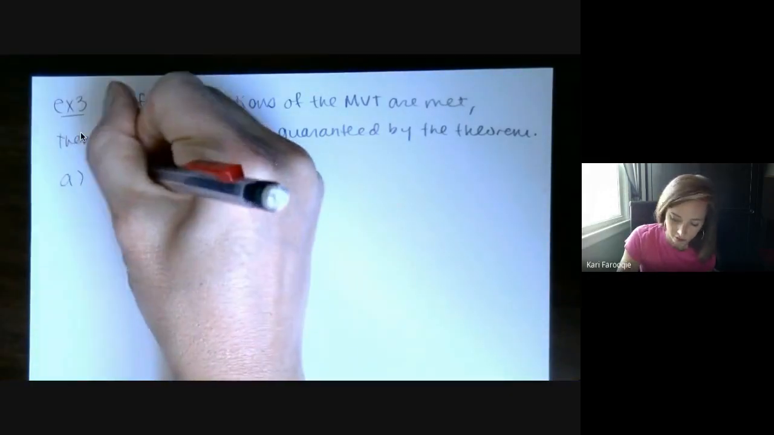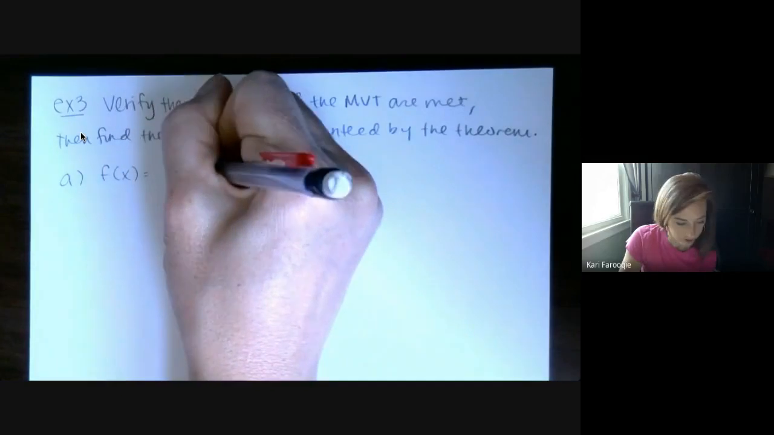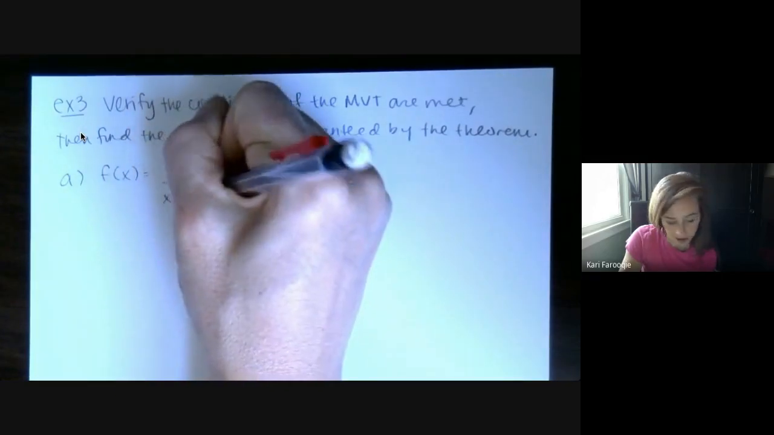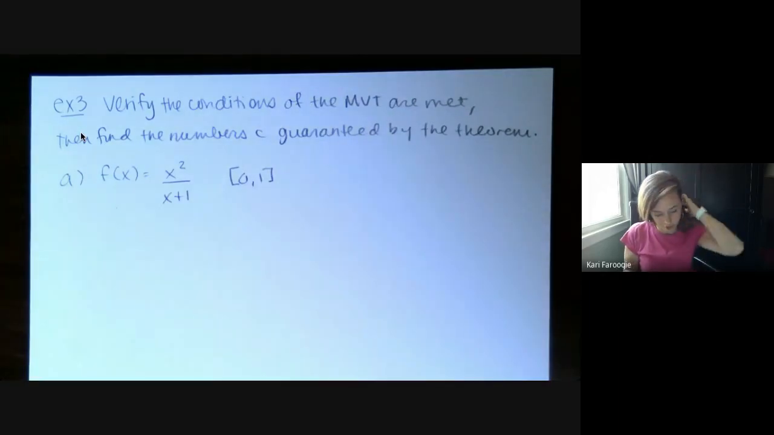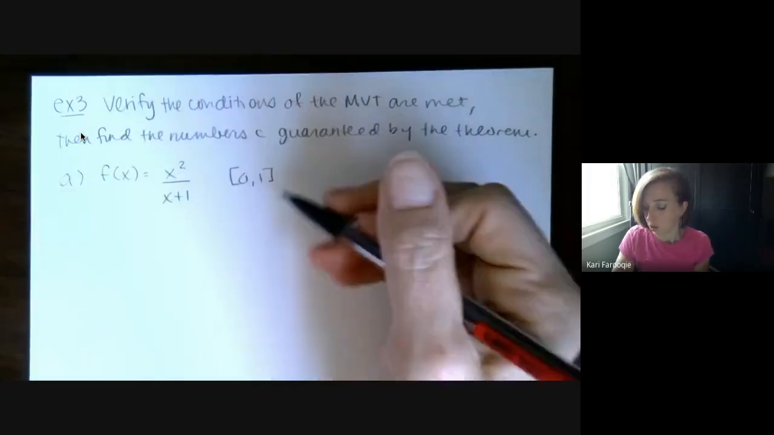Your first example is f of x equals x squared divided by x plus 1. And we're going to look at this on the closed interval from 0 to 1. We need the function to be continuous and differentiable on our closed interval. Notice that